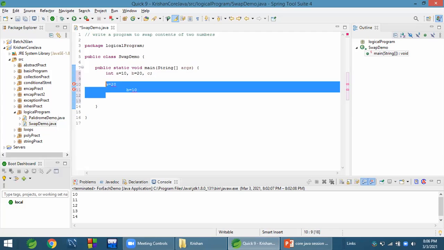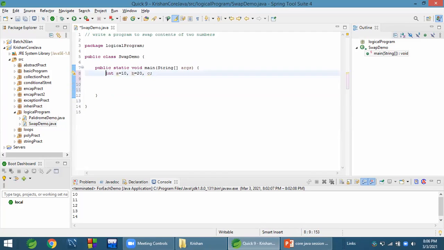So to swap contents of two variables, what do I need to do? Can anyone tell? C equals to A. Now in C, 10 is there. A equals to B. Now the first task is completed, assigning value of B to A, meaning A now has 20.